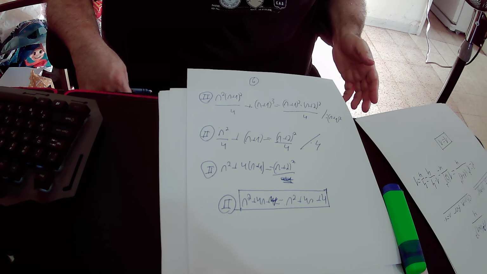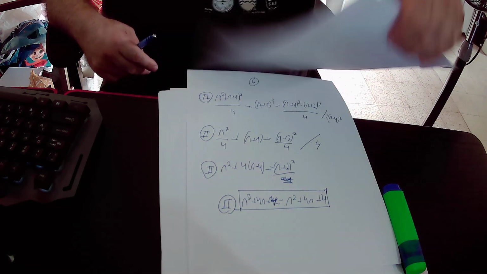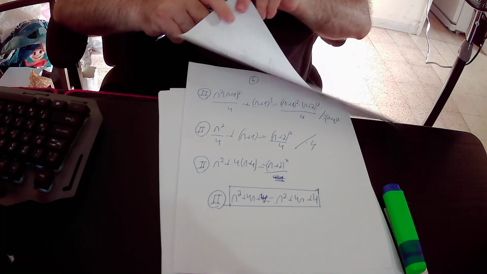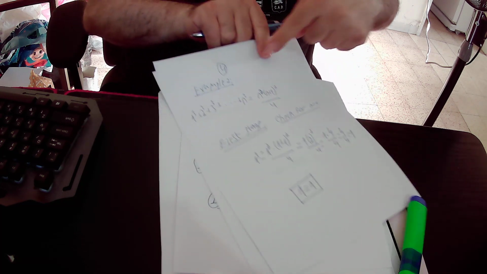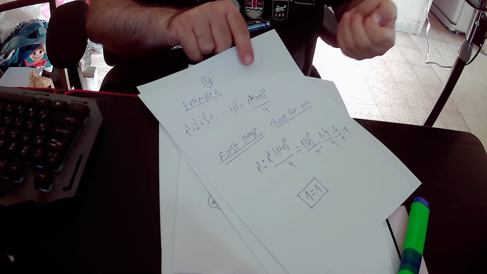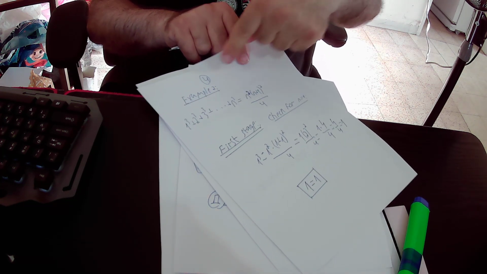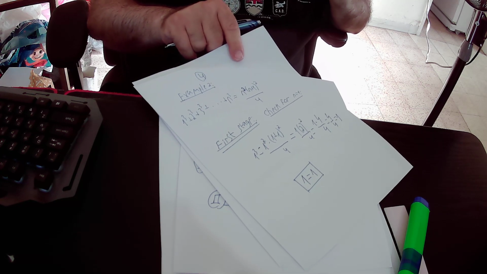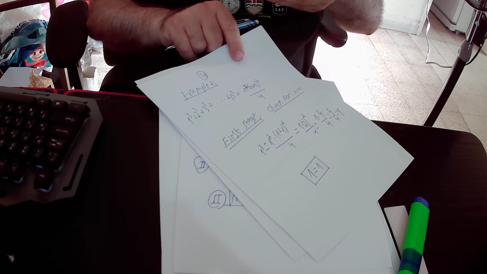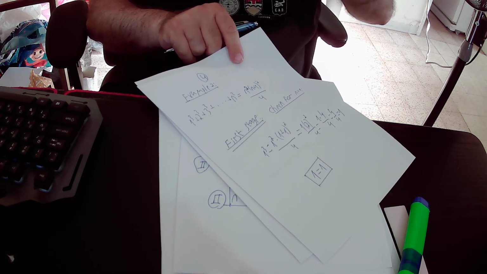And by checking that this expression is true for n equals 1, and then by proving that if this statement is true for n, then it also must be true for n plus 1, we actually proved that this statement is true for all the natural numbers. And I explained to you previously why we can deduce that it is true for all the natural numbers,